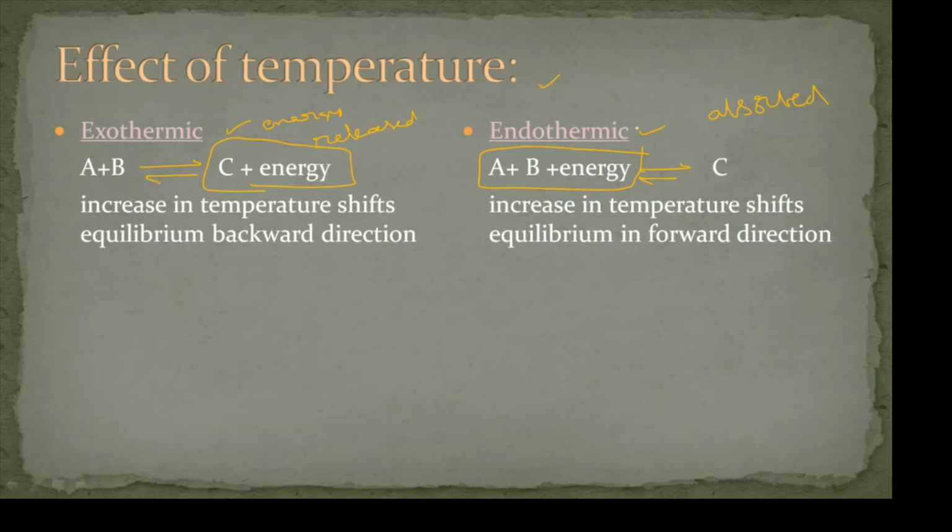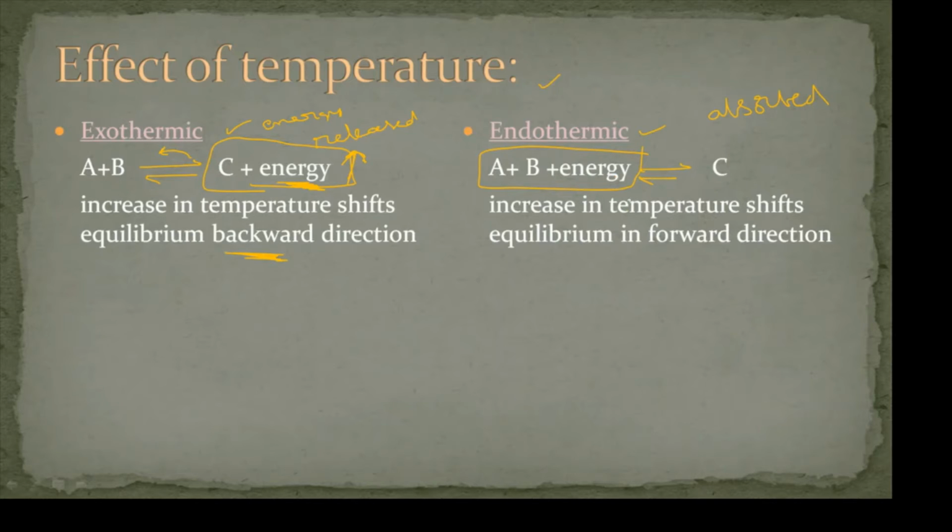Please watch carefully. According to Le Chatelier's principle, when temperature increases, that means the energy is increased here. That means the product concentration is increased. So the equilibrium shifts in the backward direction. Got it? Very simple to understand this. Don't go for the moles concept. Simple here: the energy term is on the product side. So if temperature increases, the amount of products increases, so the reaction shifts in the backward direction. Very simple.